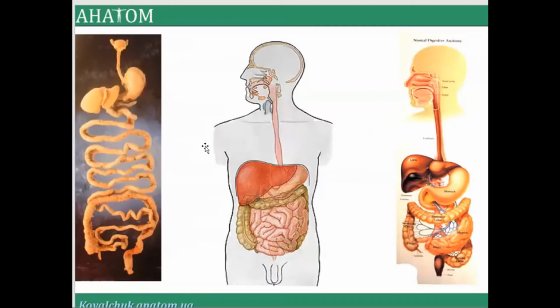Digestive tract, very long. Digestive tract, digestive system, alimentary canal. It's a different name, but if we talk only about the digestive tract, it's without the liver and without the pancreas, because they are the biggest glands in our body, and tract is the same as the tube system. It's when we present organs too.